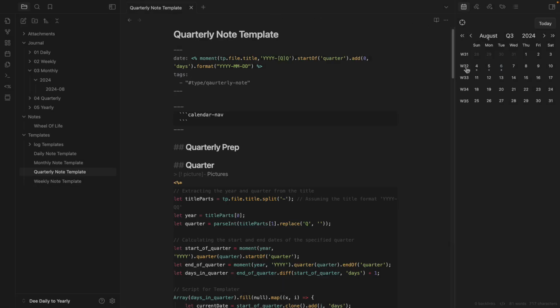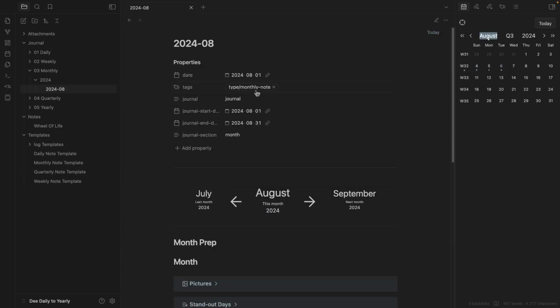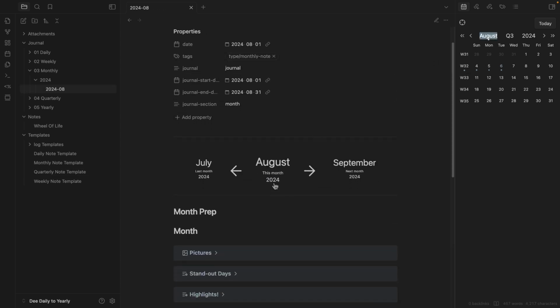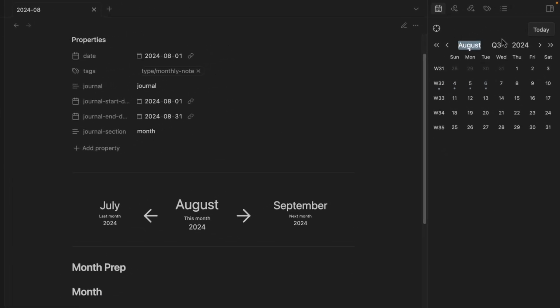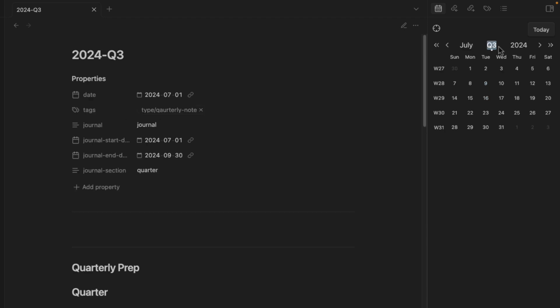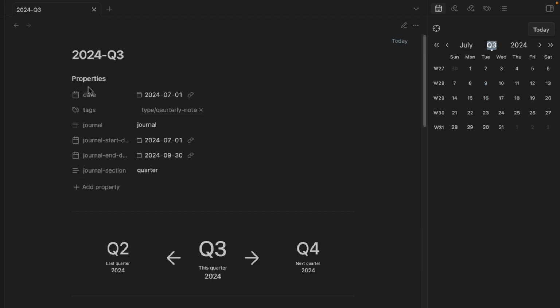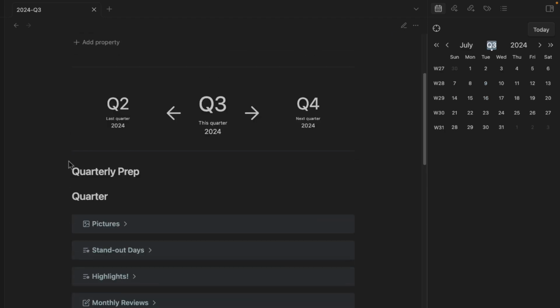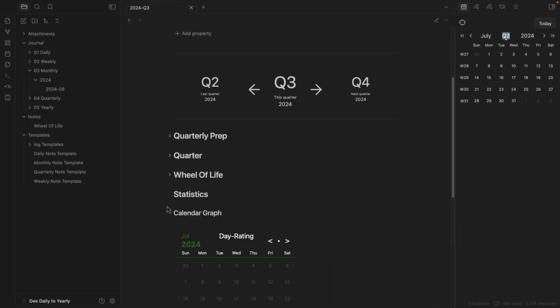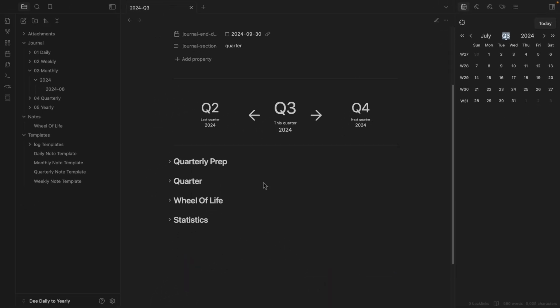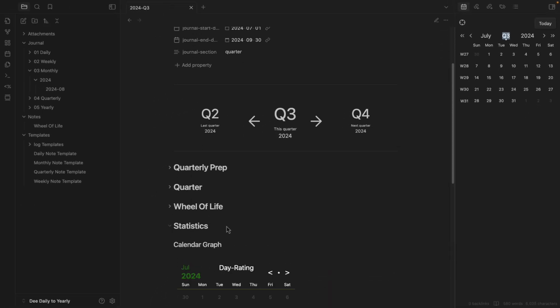So let's say we are on the August note. Go to reading mode, and there's no real place here to go to the quarter, but you can see in our calendar, we can click on quarter 3 and it would automatically create it. And there we go. This is what it looks like. We have our statistics, wheel of life, quarter prep. So if you go from the bottom up,